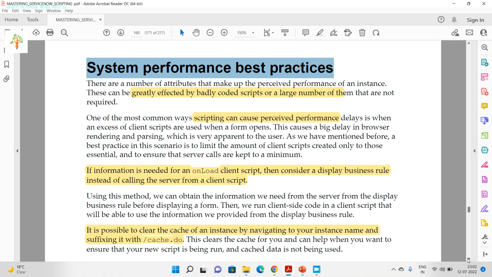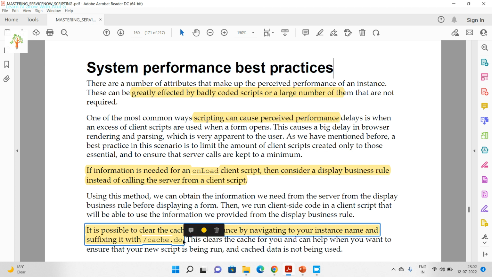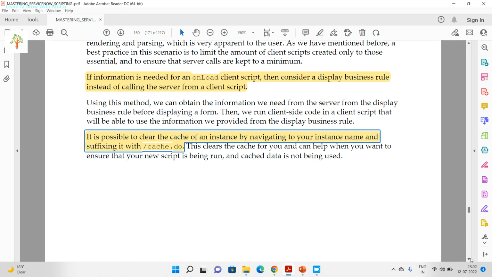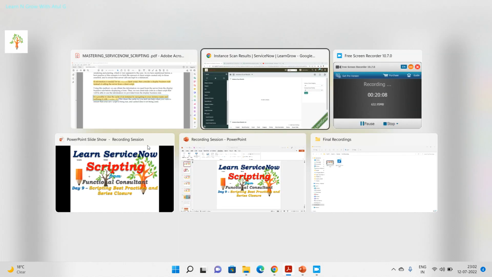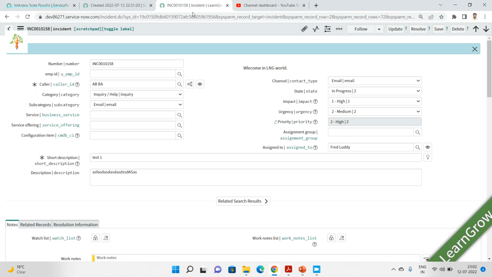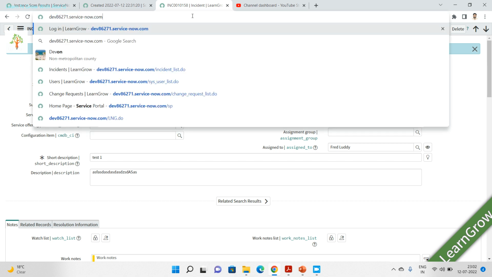Also, it is recommended that from time to time you do the cache clearance as well, so that the background data is clear and does not hold old data, and it puts the correct data. The command to do that part is cache.do. So how it works specifically, go here, put